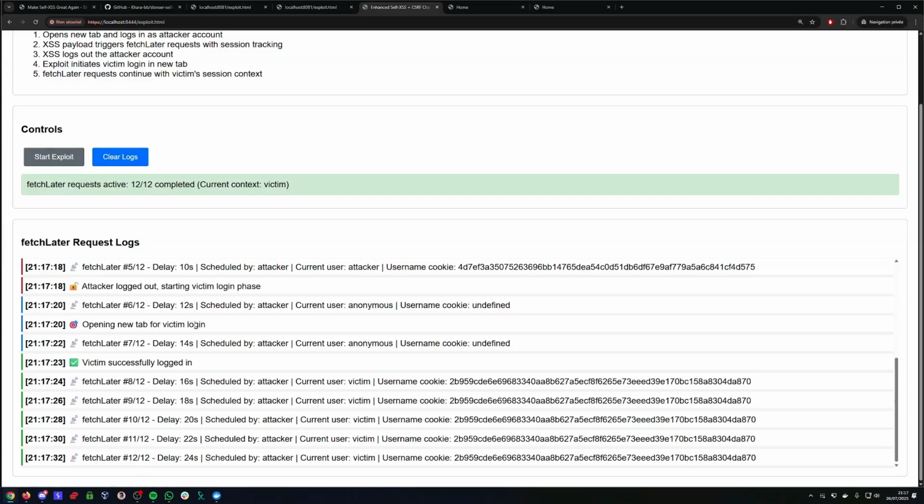And once we log in the victim, all of them which were anonymous are now running under the current user, but they're still the fetch later requests that have been scheduled by the attacker on the first XSS, which means that we are able to exfiltrate data from the victim session. That is where Slonser's blog post finishes,